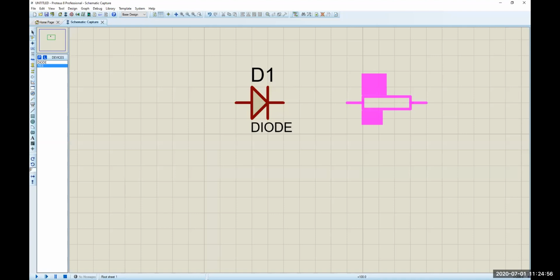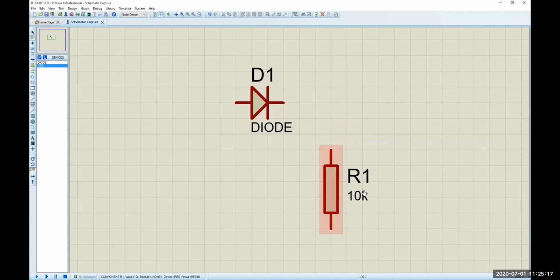If you have a keyboard, not a laptop, if you have a desktop or a full keyboard, then using the numerical keyboard plus or minus, you can rotate it. Remember, you can rotate it. So plus minus, rotate. I rotate that. Using the mouse, I will click this part, and this part. That done, the connection is done. Easy, right?